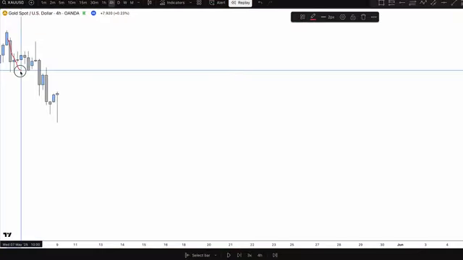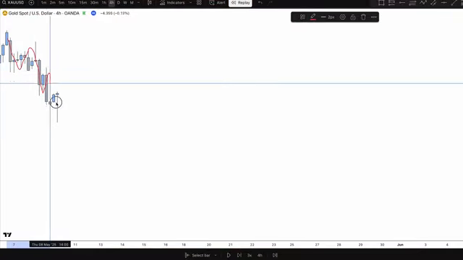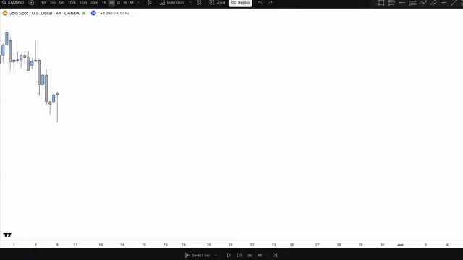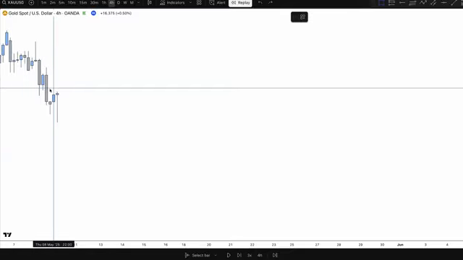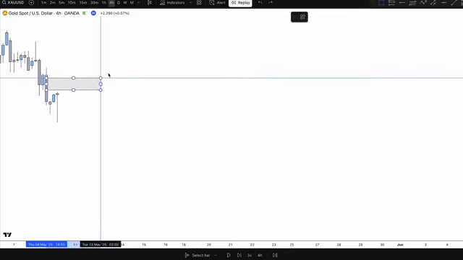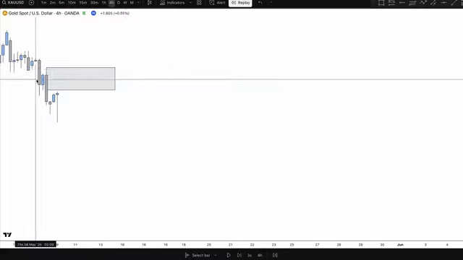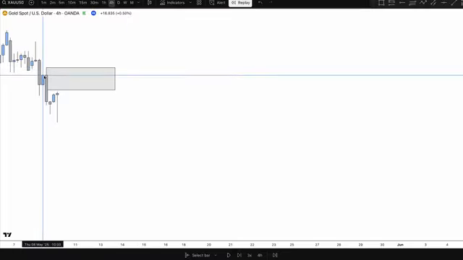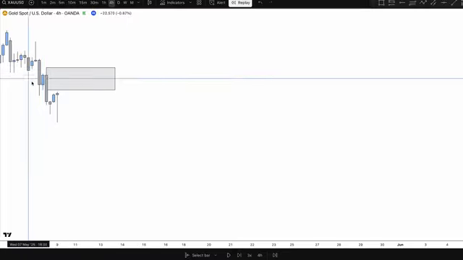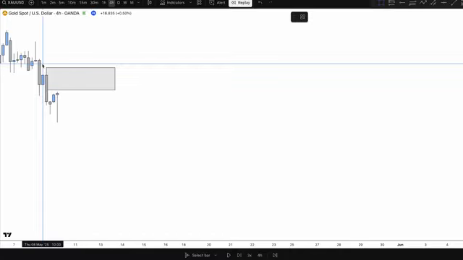So here we have a market that is creating lower lows and lower highs. Therefore, what would we want to do? We would want to sell from supply zones. Now, an extra little lesson woven in here. I'm going to use this sideways candle, this pullback candle, this kind of indecision candle in this downward move as supply. As we can see, in this example, there is a little wick here that extends further on the next